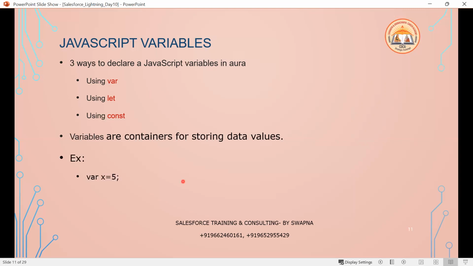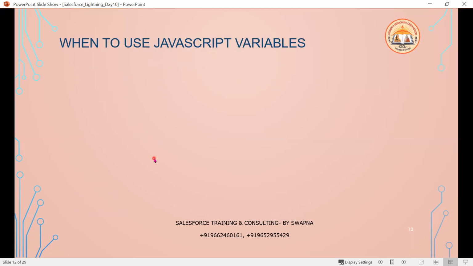For example, var x equal to 5, var y equal to 6, and again the result, var z equal to x plus y. So you can do anything. Instead of var, if you wanted to use let, you can. But what is the difference between if I use a var, a let, or a const? Why do some developers use var, why some use let, why some use const? So the reason is,